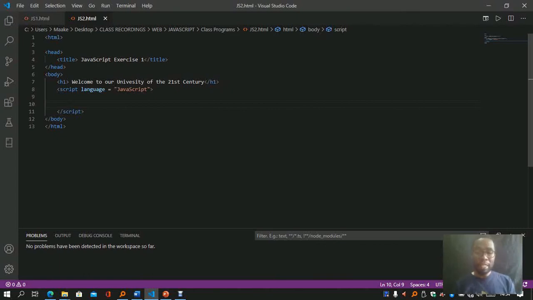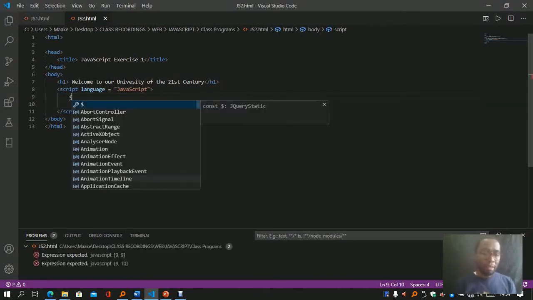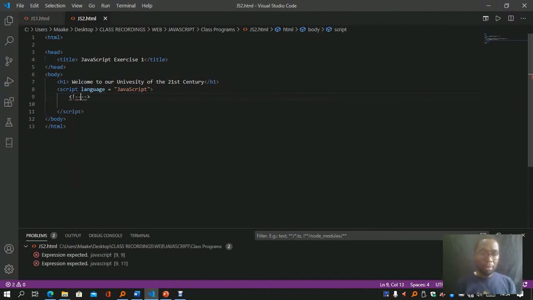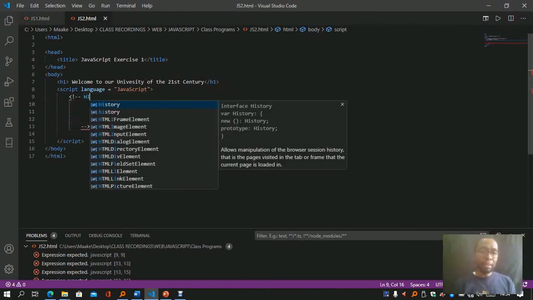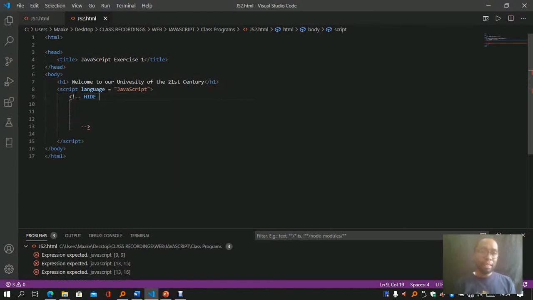And one of the ways in which we do that is by using this symbol. Once you have it, anything that would come inside here would be hidden. So in this case, let me just do this, and then right here that this is a hide the scripts from other browsers,